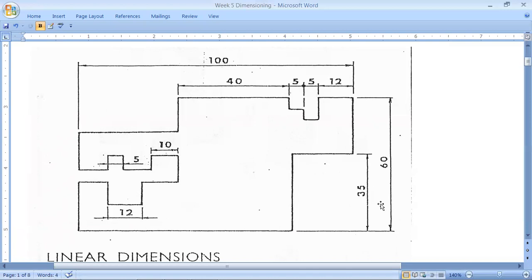When it's in vertical position, like this too, the text value remains at the center or the middle of the dimension line, reading from bottom to the top, not touching the dimension line, and make sure to have the same size as the other text values. All right. These are